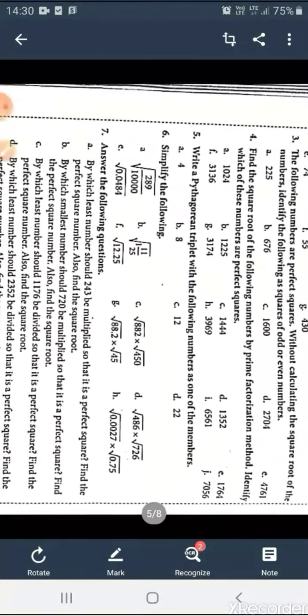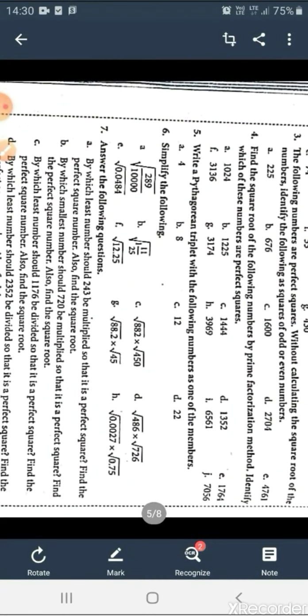The Pythagorean triplets are 2m, m square minus 1 and m square plus 1. First of all you will find m, which is 2. Now m square minus 1: 2 square minus 1, 2 2s are 4, minus 1 is 3. m square plus 1: 2 square plus 1 is 2 2s are 4, plus 1, 5. So the numbers are 4, 3 and 5. These are the Pythagorean triplet.